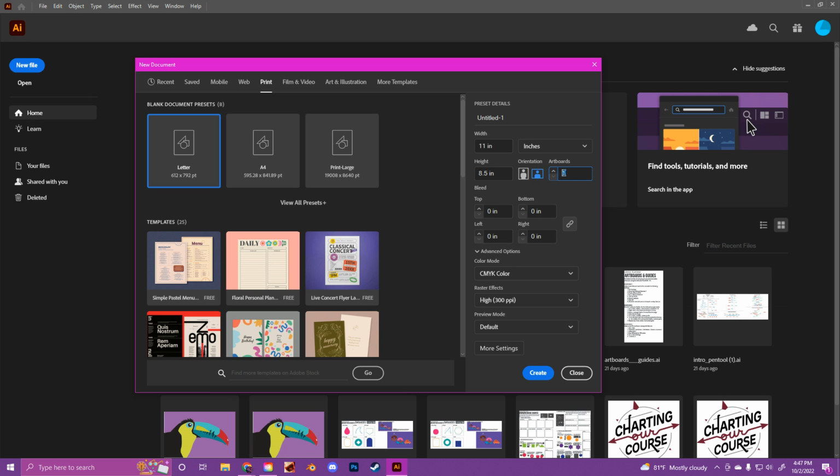But what is important is that you have at least 6 artboards. So the max number of artboards you can have in Illustrator is 100. But for this exercise, we will stick to 6. You will change this to RGB. You will change this to 150